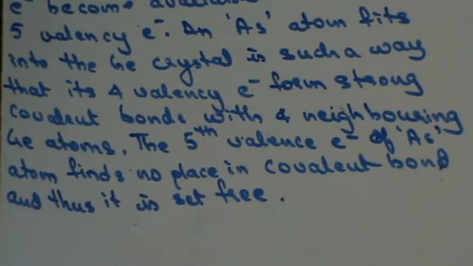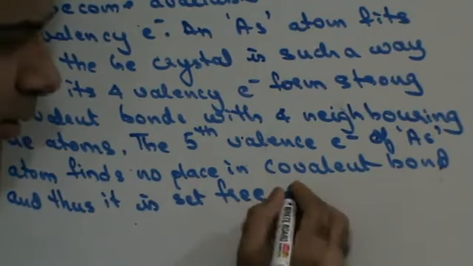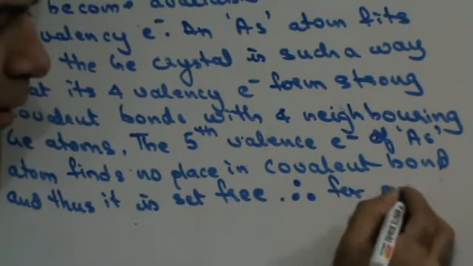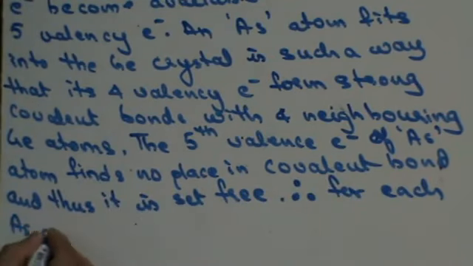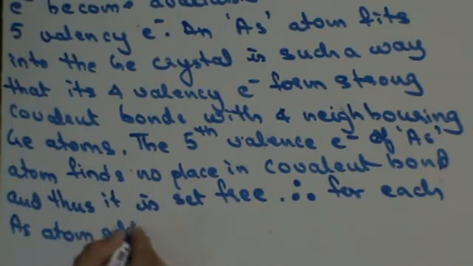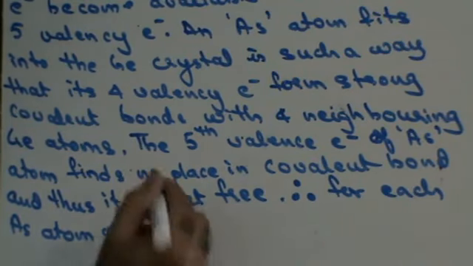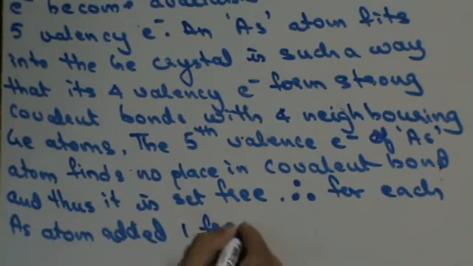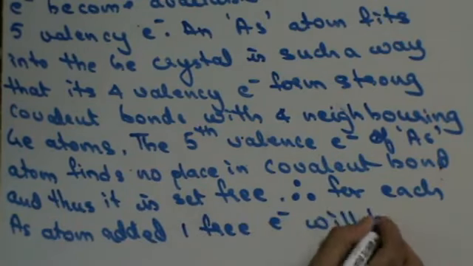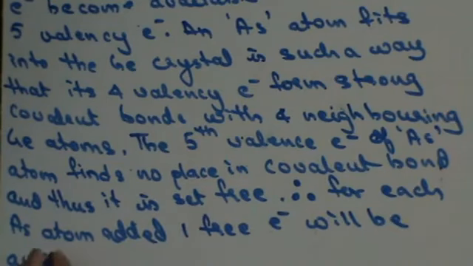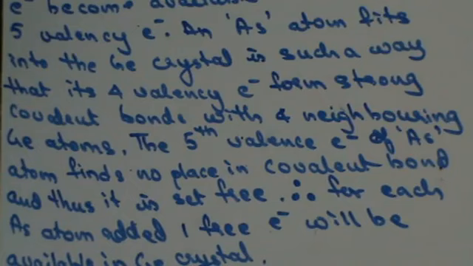Therefore, for each arsenic atom added, one free electron will be available in the germanium crystal. Though each arsenic atom provides only one free electron, yet an extremely small amount of arsenic